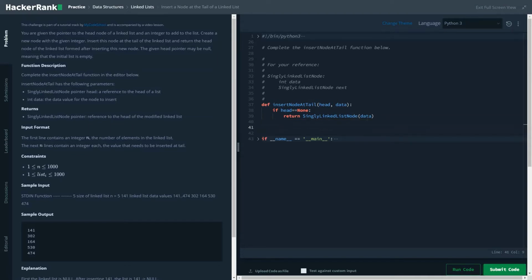After that, what if the head is not null, but some element after the head is null? For that, we will initialize a variable called maybe ptr, and we will initialize it with head dot next. And we will loop through it while